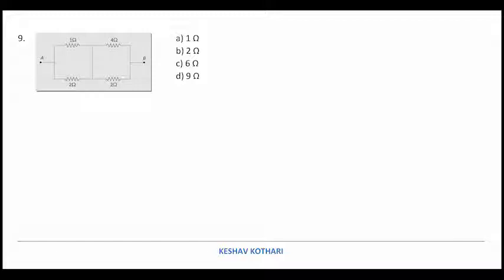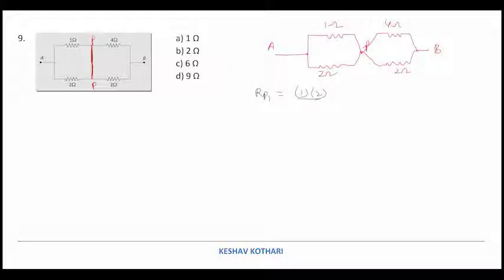So in this network, they both are joined together, and hence I can say that if it is having a potential P, then we can redraw it in this way that it is A potential. So from A, these two resistances are coming to B, and then again these two resistances are going back to B. So this is 1 ohm, 2 ohm, this is 4 ohm, and this is 2 ohm. So if we calculate the parallel value for each one, Rp1 is equal to R1 R2 upon R1 plus R2, that is 2 by 3 ohm.